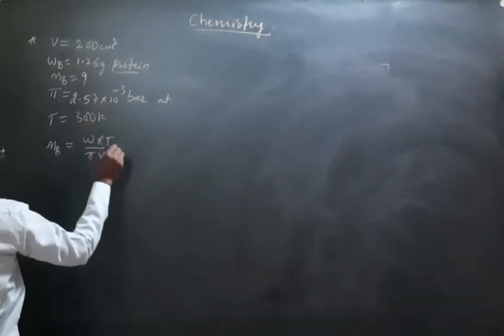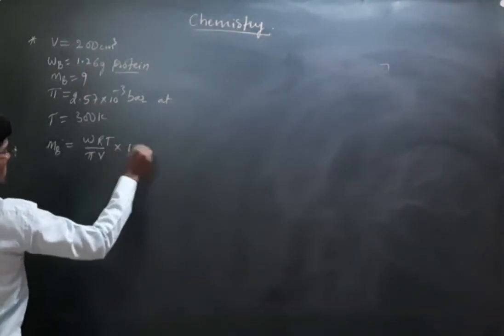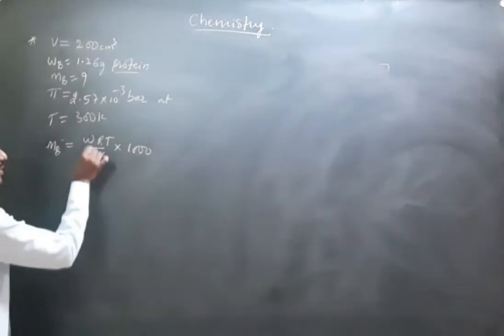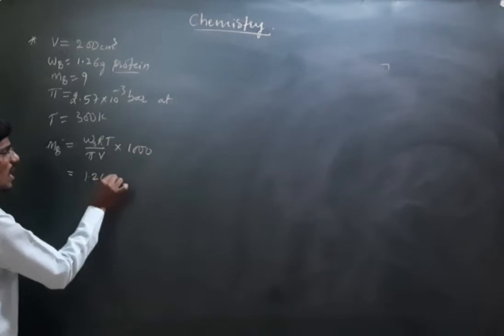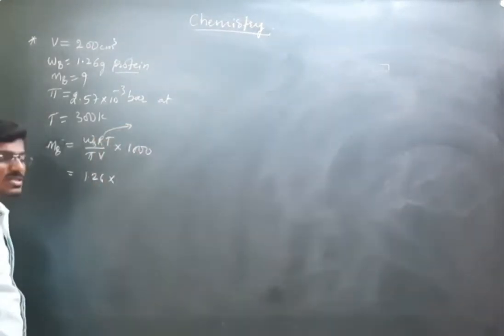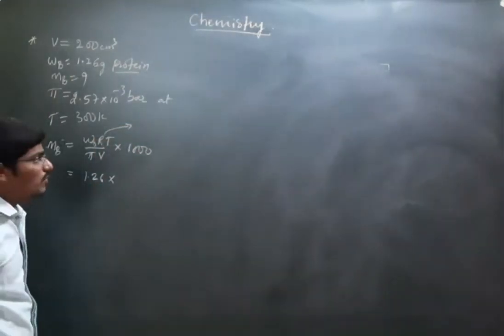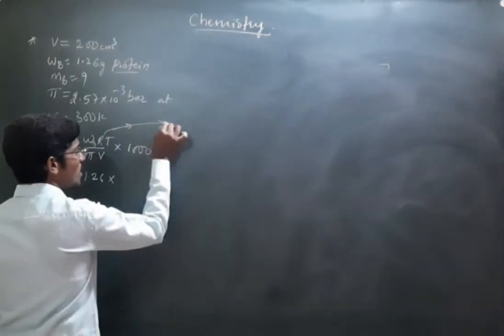If it is in ml, then multiply by 1000. Now WB is given, that is 1.26. The R value is a universal constant. The R value is